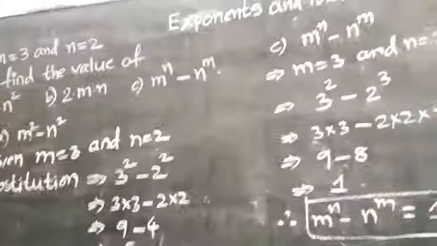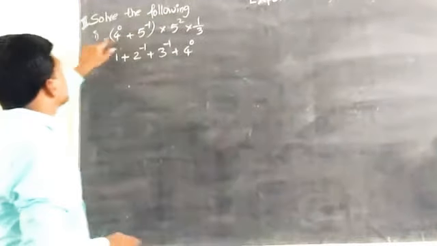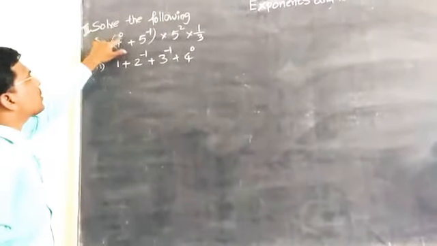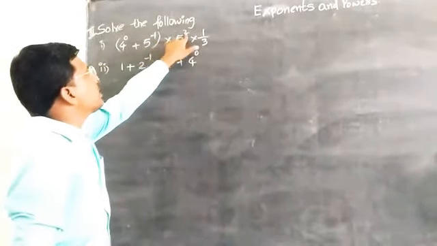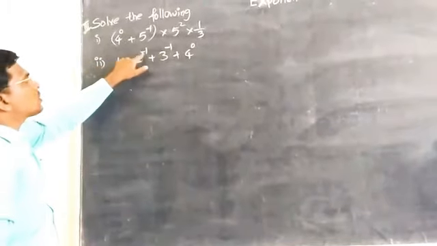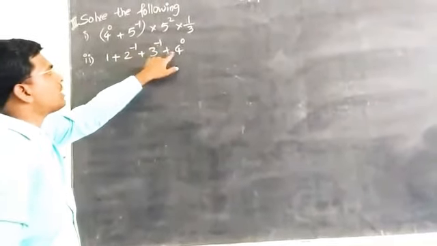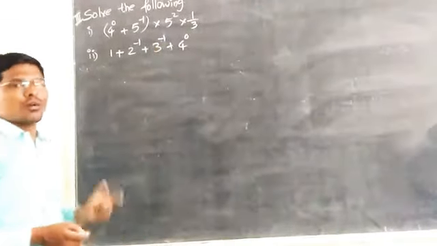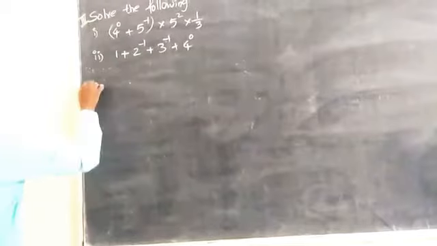Next problem. Now third question, solve the following. So first one, 4 to the power of 0 plus 5 to the power of minus 1, whole into 5 square into 1 by 3. Second question, 1 plus 2 to the power of minus 1 plus 3 to the power of minus 1 plus 4 to the power of 0. By using the laws of exponents, we should solve these two problems. So first solution,